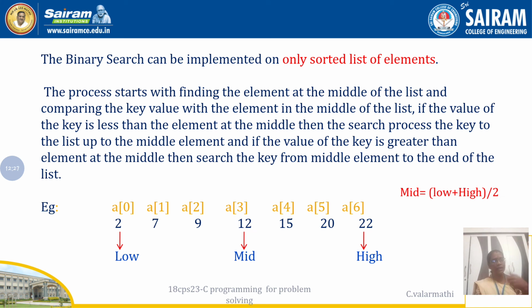Okay, again this process will continue. We will find the mid value. At one point, A of mid will be equal to the search value. In that case, if A of mid is equal to the search value, it means we have reached the end of the search with success. The binary search process is successful. So we successfully found the element at that mid location. Finally we will report that success case. If it is not present at all, we go for the else part. So in that way, this binary search will work.